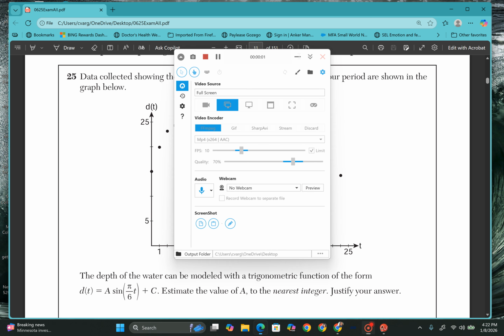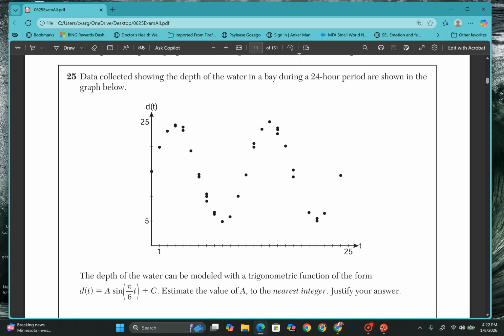All right, so this is part two of the June 2025 Regents. I just want to go through this simple, sweet, to the point. Okay, so for the first thing that we're going to do, whenever you see a graph like this, you're going